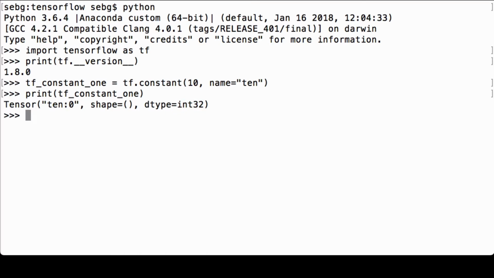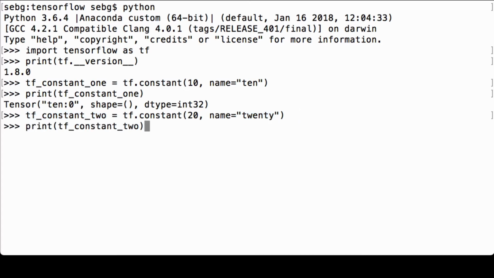Next, let's define our second constant scalar. Again, using tf.constant, we give it the value of 20 and the name of the string written out 20. We assign it to the Python variable tfConstant2. Let's print the tfConstant2 Python variable to see what we have. We see that it's a TensorFlow tensor, the name is 20, the shape is empty, and the data type is